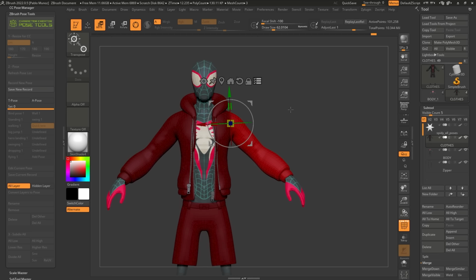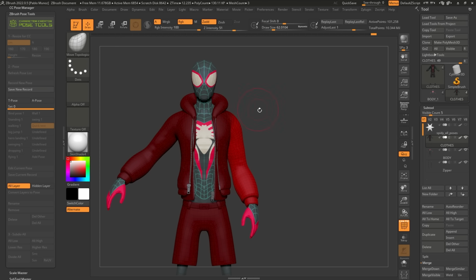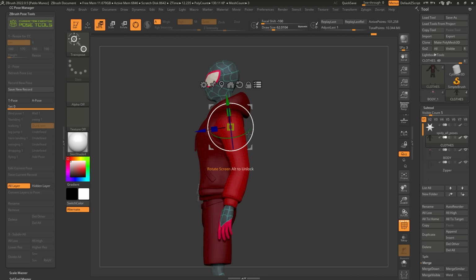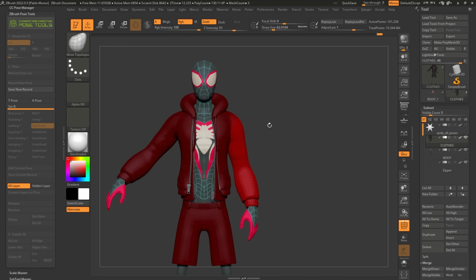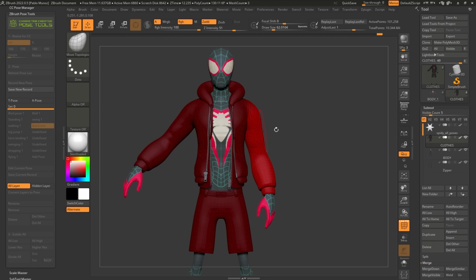Now the only thing with this process, and again, this works just fine if you want to maybe set it up like this, right? We can do kind of like a simple standing pose. That looks cool. It works totally fine. It's just that it's a little bit tedious to have to mask each one of the subtools, especially if you have multiple ones. So this is why I prefer to use the Transpose Master. So let's go ahead and save this quick test.